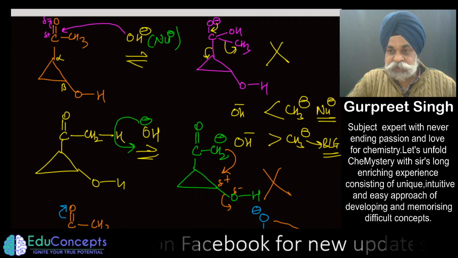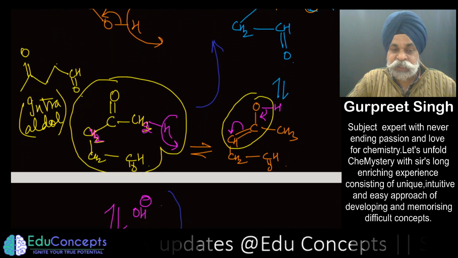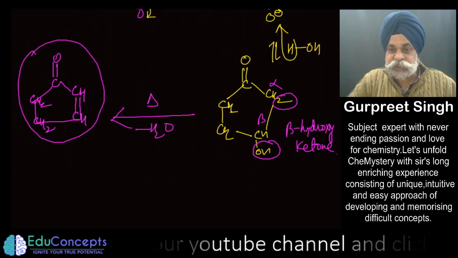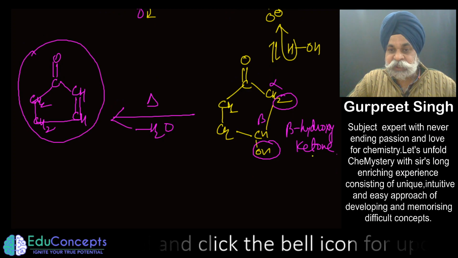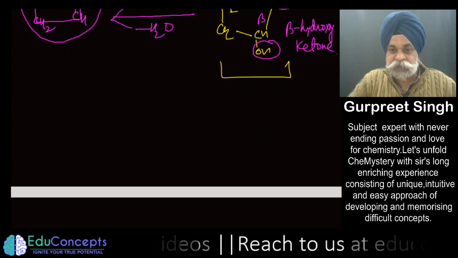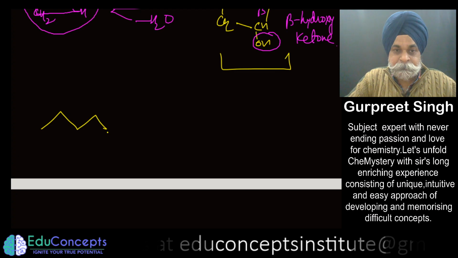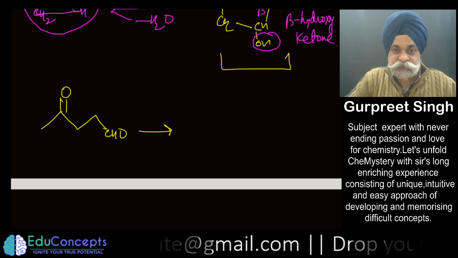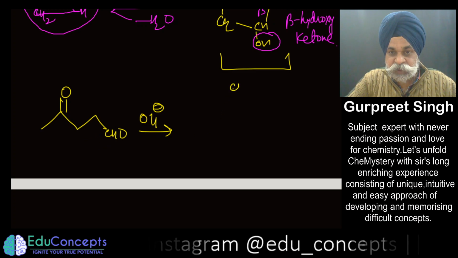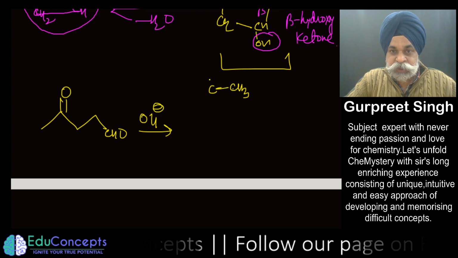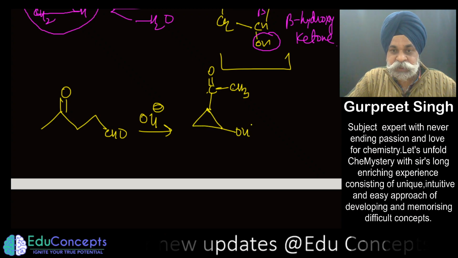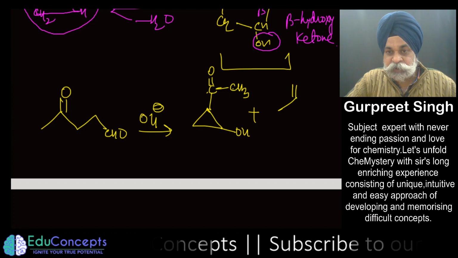You have to go the reverse way to generate that diketo and then rearrange again to give you the starting material. Not the same in the sense that it is going to give you the same type of beta hydroxy ketone, because it is more stable. So just see, if you are given a question like this, and it asks what you are going to get in the presence of OH negative, you would get this compound CH3CO, along with this beta hydroxy, and you also would get this compound.